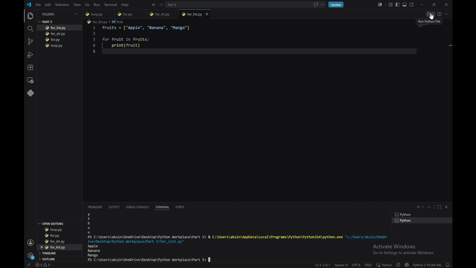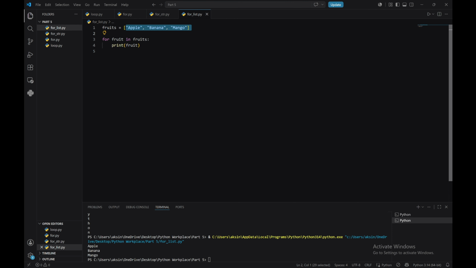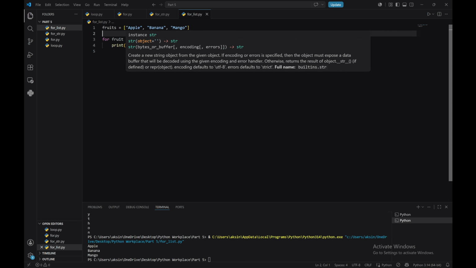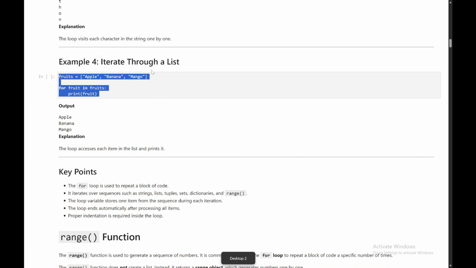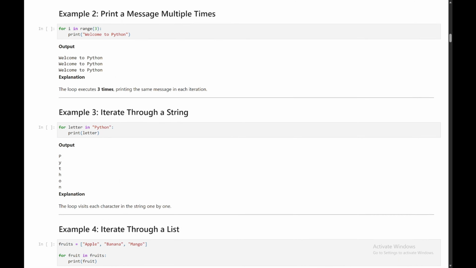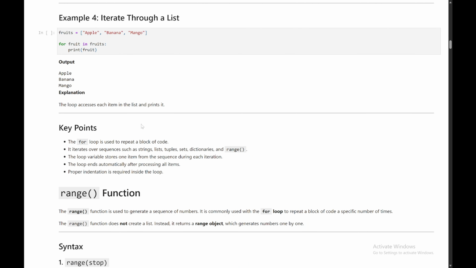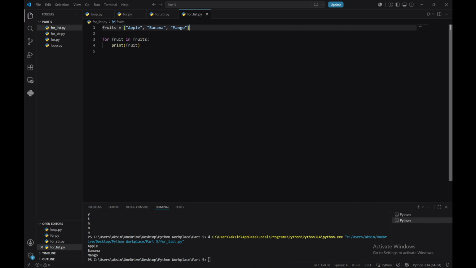As you have known, a list is also a collection of multiple data, such as here you have seen it is a collection of strings. So it is going to take one by one and execute the code. You need to remember that a for loop can take any kind of collection, such as it can also